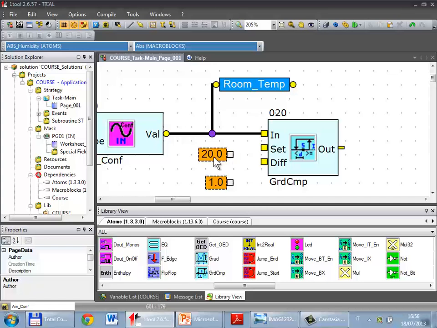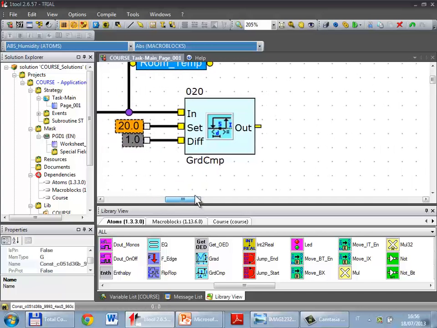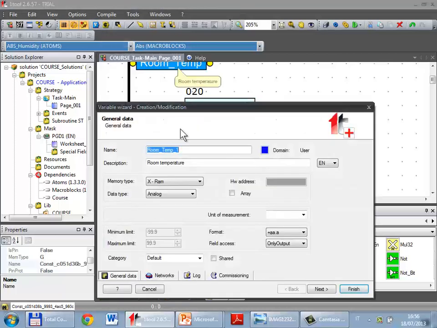To connect the constant to the pin, I will just move it close to the pin and you can see the result. Well, so this block returns a Boolean value 0, 1 according to this operating graph. Like before, in order to show the value in the mask, in the other editor, I have to save it into a variable. So I will create a new variable,